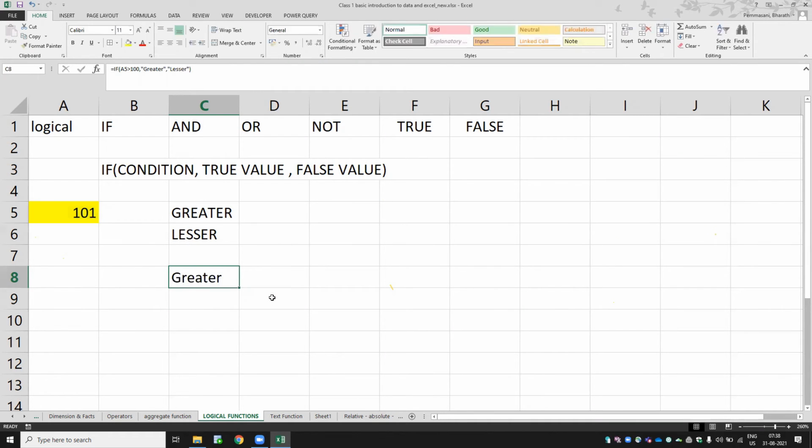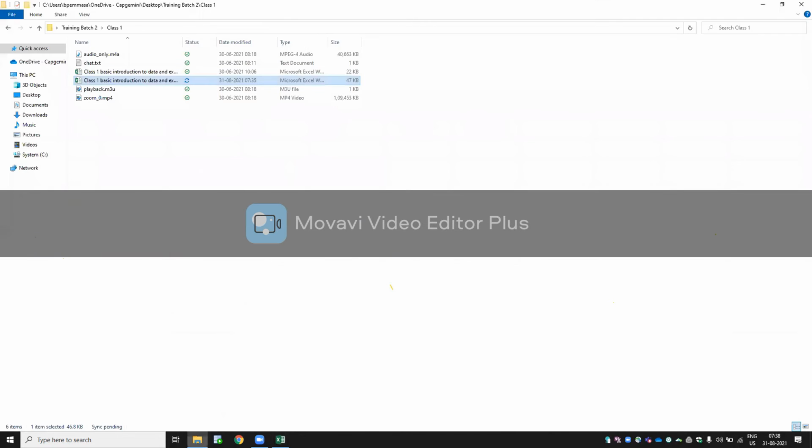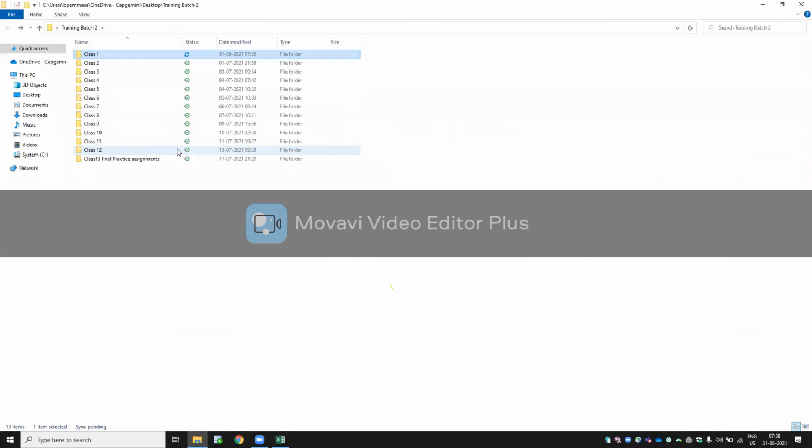So can you see here? Now it is coming as greater. So if I give 99, it is less than 100, so it will become a false value. Let me clearly explain you with